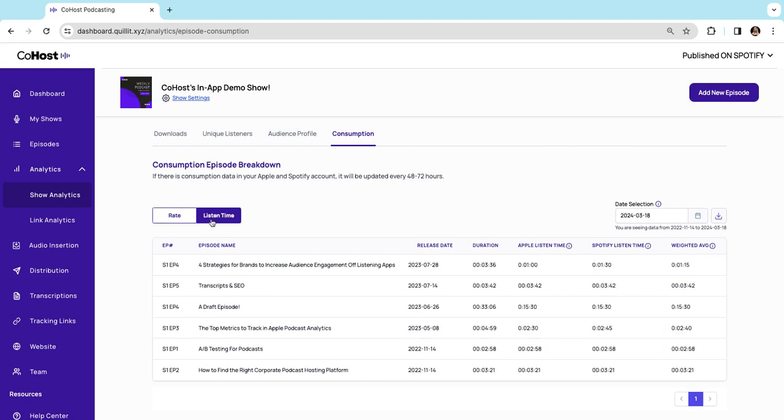For listen time, if we toggle over here, you can see the actual time that the listeners listened and the weighted average from both Apple and Spotify. This is a great tool to understand how engaged your listeners are and where you could potentially make improvements in